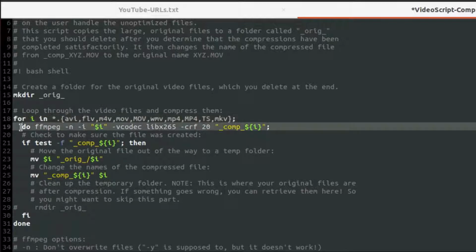And it takes the first one and does this line here, do ffmpeg, that's the command for the compressor, -n, which is don't overwrite files, although it doesn't really seem to matter if you have that or not. The -i indicates that you're telling it an input file here, $i, which is the name of the first video, and then to use a video codec